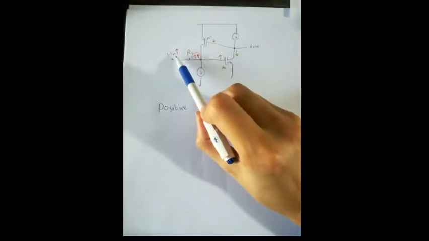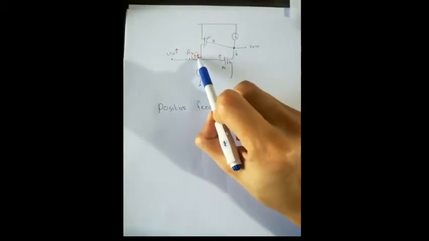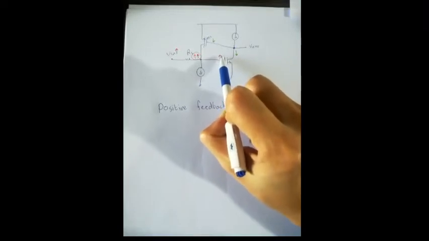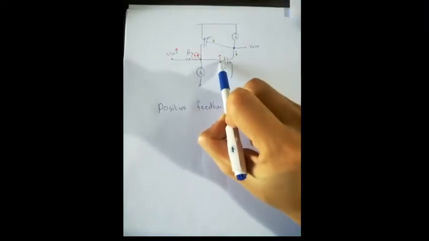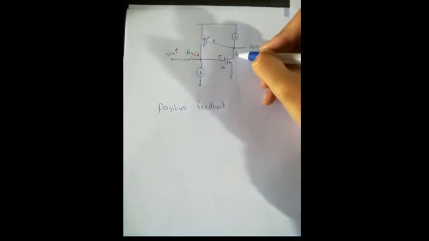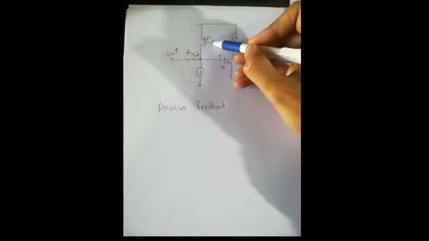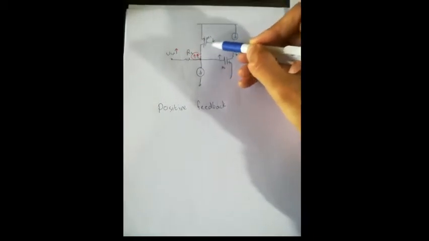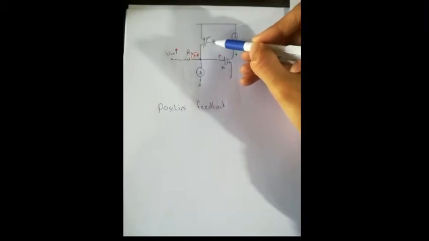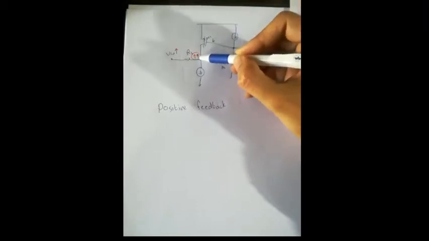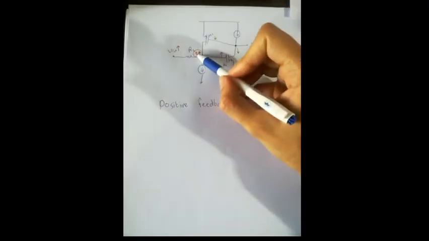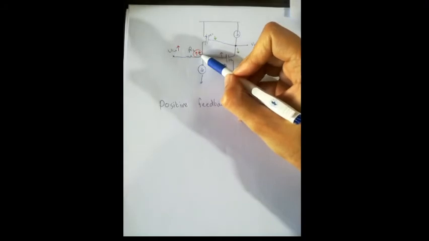So the input goes up. Again, this nodal voltage in the red goes up. The main amplifier M1 has the input going up. It's a common source, applying the input at the gate, taking it from the drain. So the output goes down. Now this output is also applied as an input of the feedback path, which is basically the M2 amplifier. So the input goes down, the output will go up because this is also a common source stage. Since both arrows are in the same direction, this means it's a positive